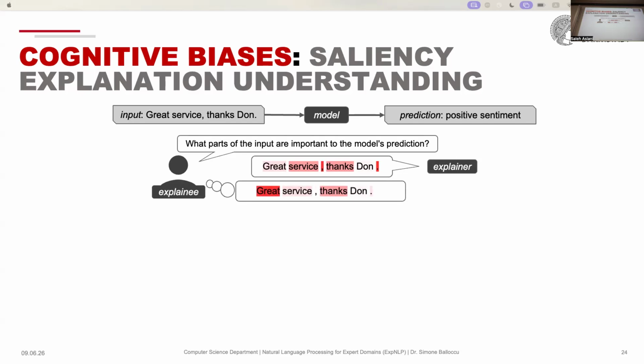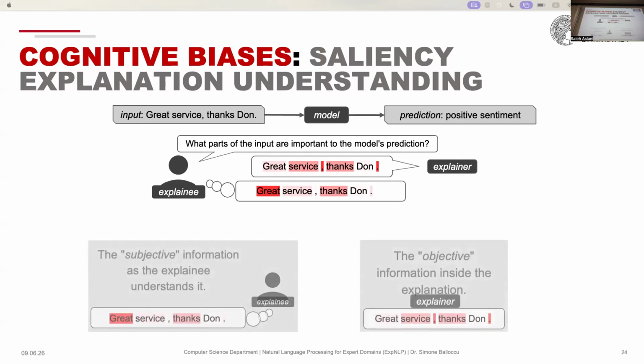Someone, a human, can look into this explanation and see that, okay, the word great was also impactful, and the word thanks, so the model is doing really good. It is looking into the words that it should look into and giving me the answer. So that's how a human mind likes to look into the phenomenon. But the reality is the model didn't really care too much about the word great. It cared a lot about the comma and the points at the end.